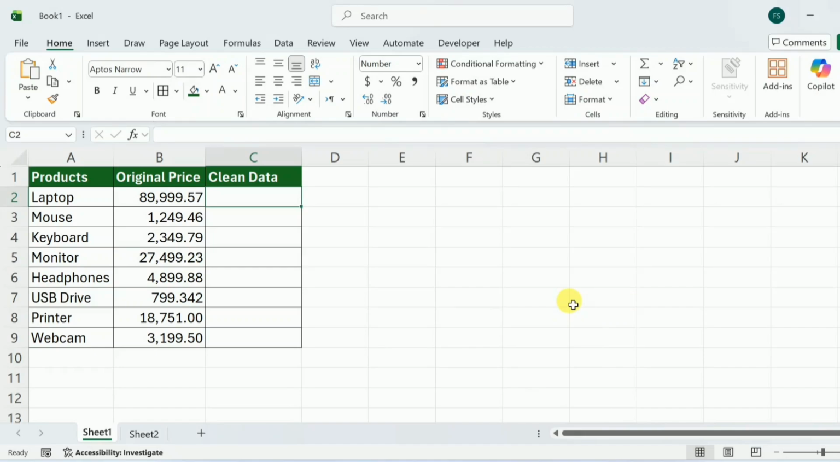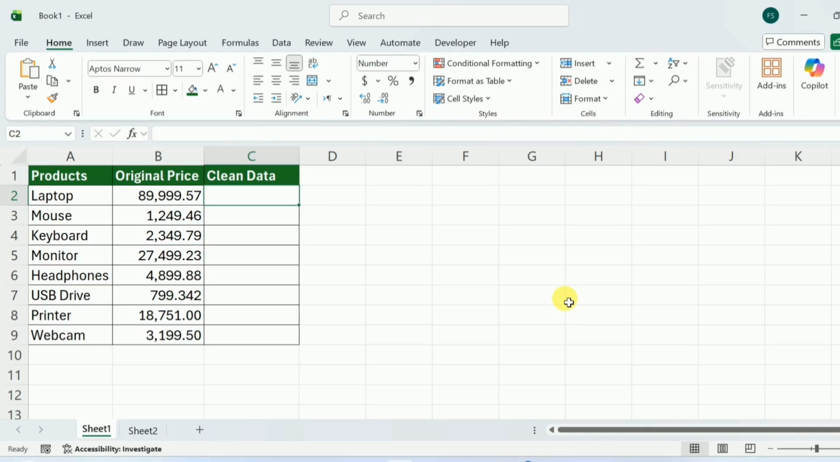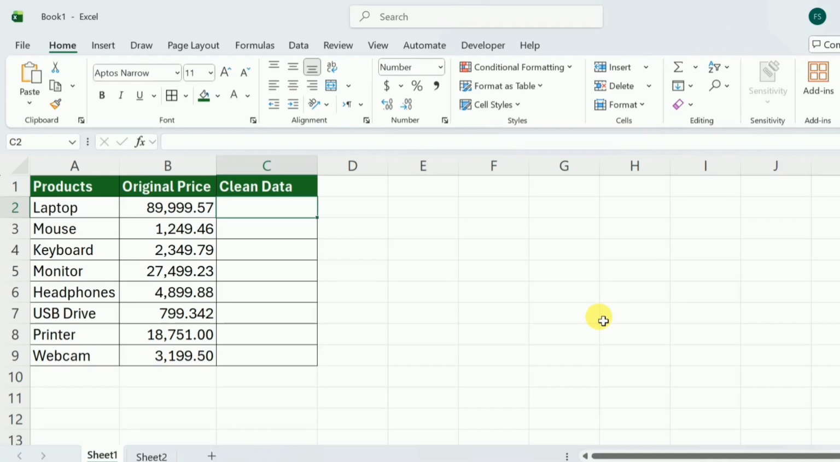Have you ever seen numbers in Excel that look a little too messy? Long decimals in prices, marks, or percentages that make your data look unprofessional. Today I'll show you one simple function that fixes all of that, the ROUND function. In just a few minutes, you will learn how to clean up your numbers and make your Excel sheet look